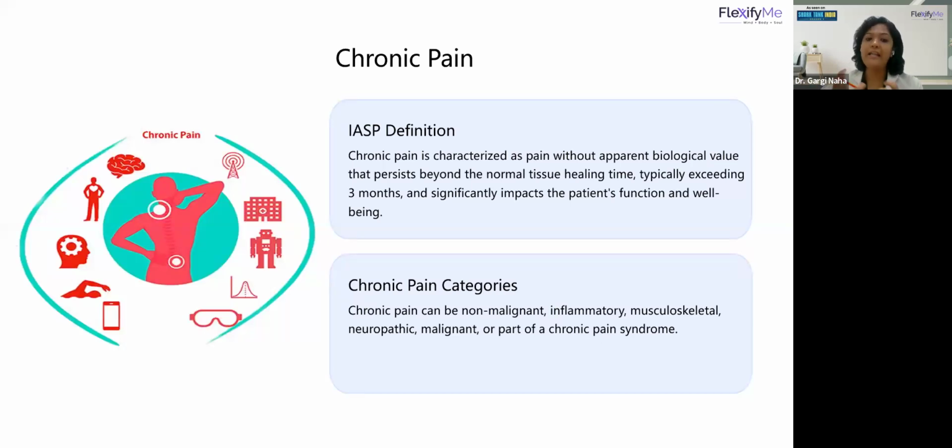Okay. Now, any pain which is because आप खेल रहे हैं, सडनली आपका एंकल ट्विस्ट हो गया, लिगामेंट में इंजरी हो गई, that is a sprain, ankle sprain, that is a ligament injury, that also comes under your musculoskeletal pain. Then comes neuropathic pain. Neuropathic pain is basically nerve pain.